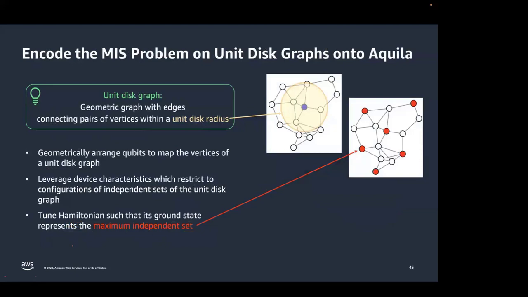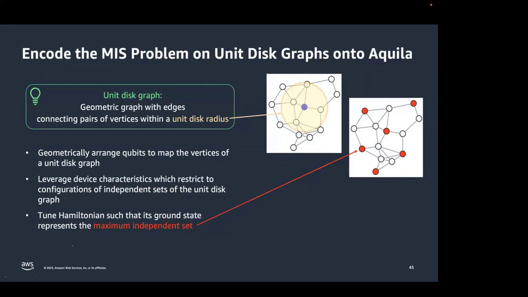One of the problems that you can solve is called the maximum independent set problem on unit disk graphs. Similar to the max cut problem, maximum independent set is another hard problem. So what is an independent set?